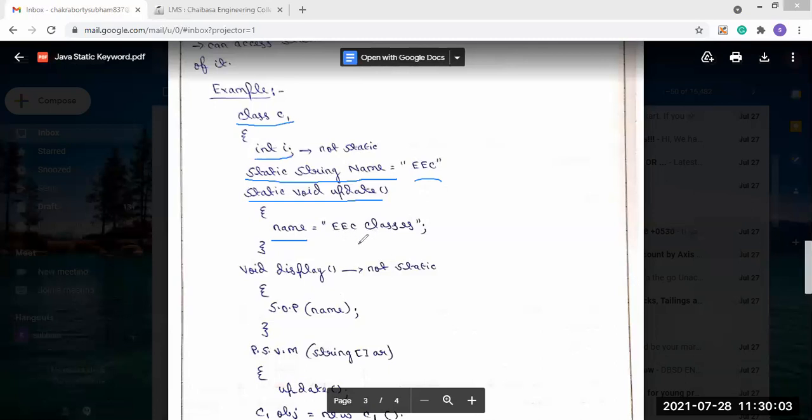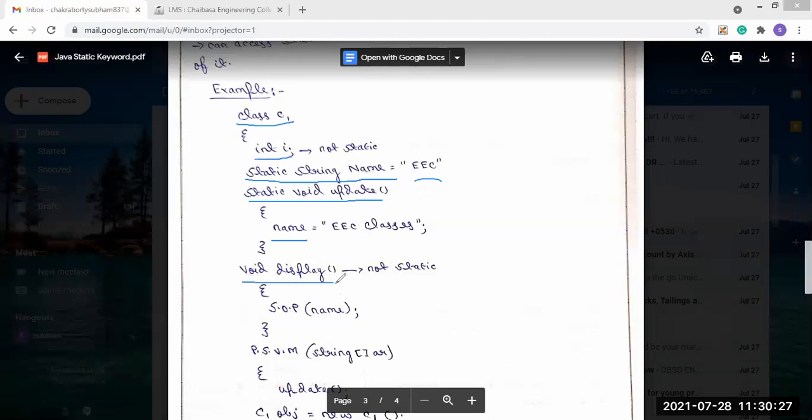So inside this static method we use the variable name, and it contains EC classes.